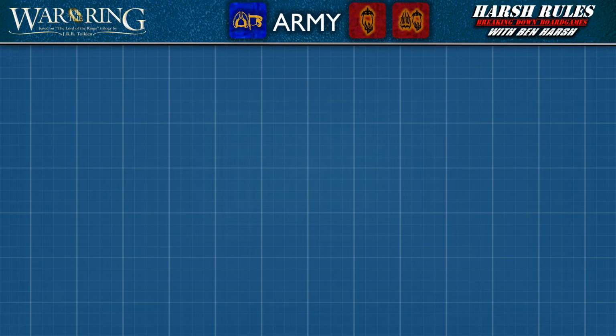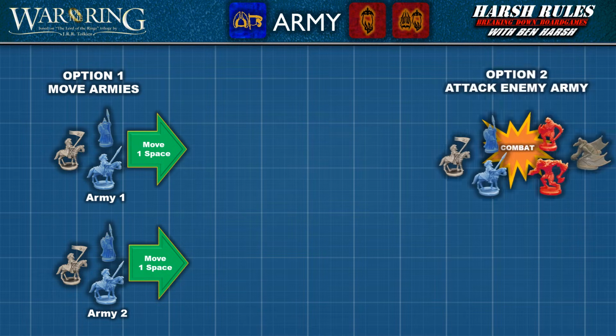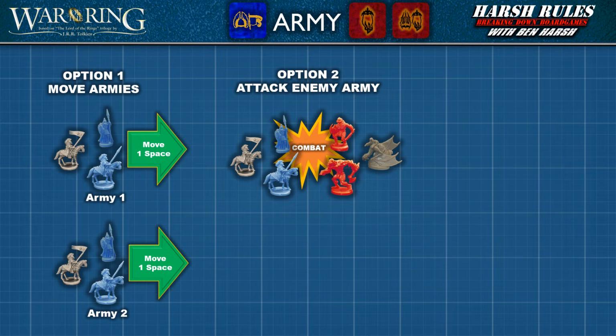The Army action die result gives a player 3 options. For the first option, the player may move 2 separate armies one adjacent region on the game board. Unlike the character action die that requires a leader, an army action die does not require a leader to move army units. For their second option, the player may attack an enemy army in an adjacent region with one of